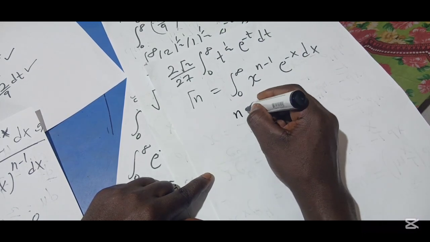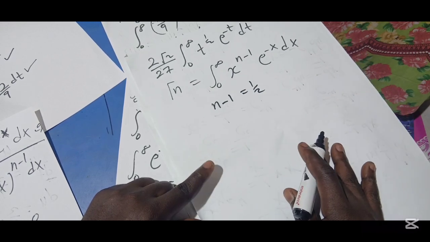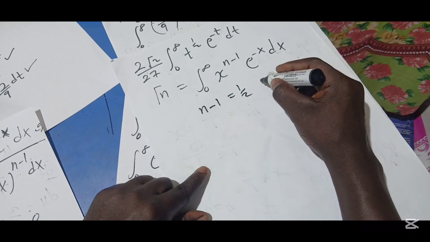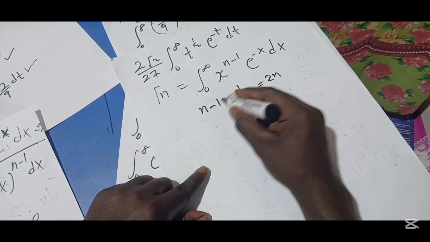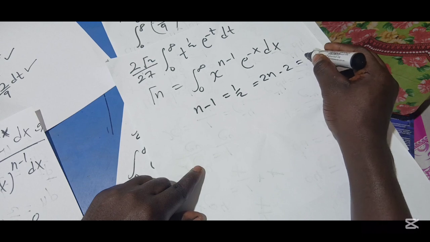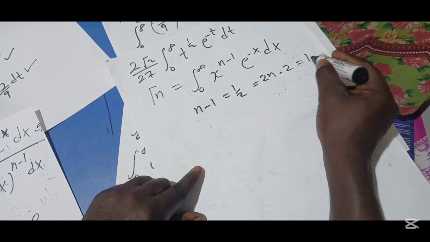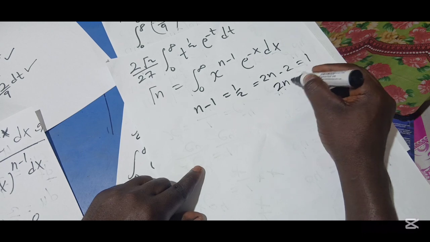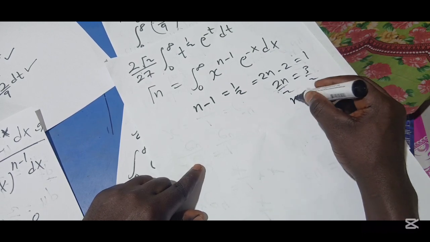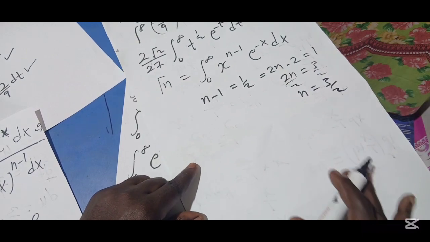So minus n minus 1 equals half, right? So solving for n, let's multiply by 2. So 2 times n gives me 2n, 2 times minus 1 gives minus 2, 2 times half gives me 1. So 2 crossing here becomes positive, 2 plus 1 giving me 3. So 2n equals 3. So dividing 2 by 2, n equals 3 on 2. So now that we know the value for n,